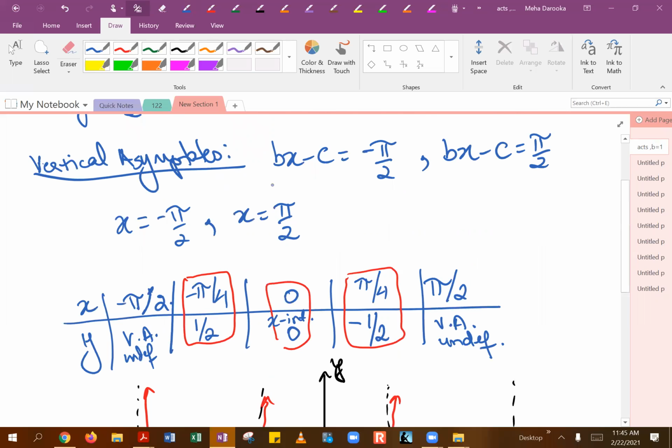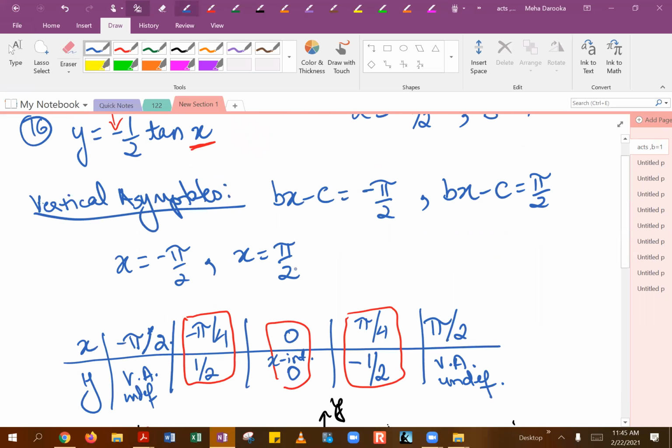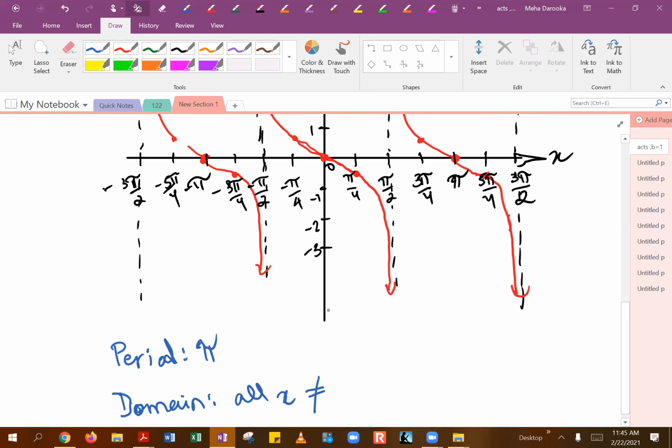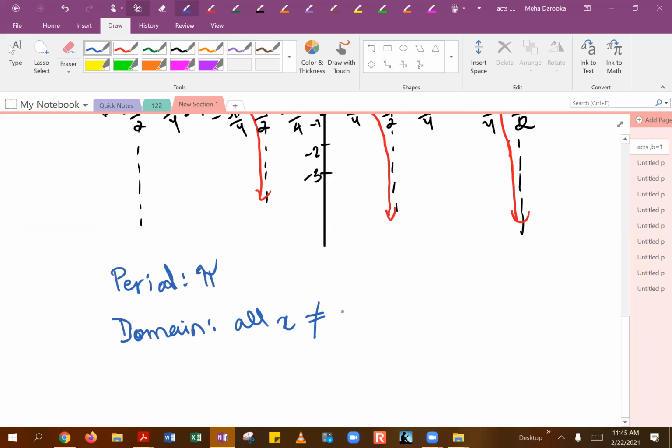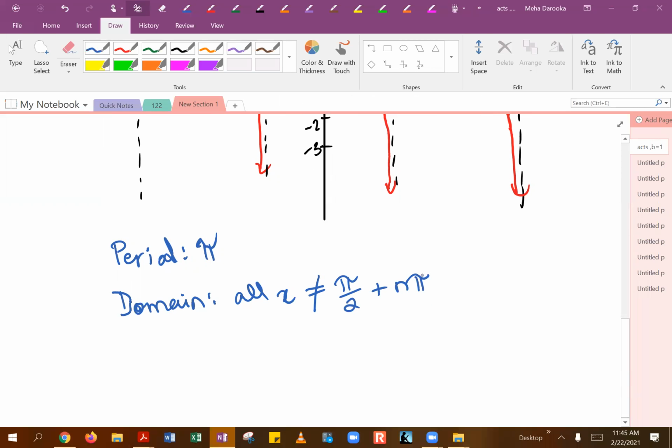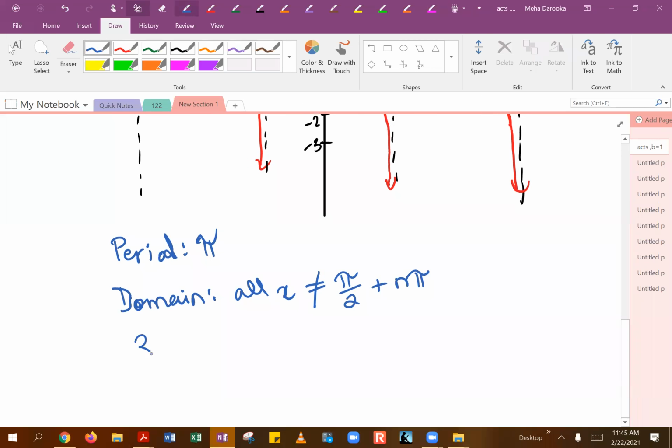So you can just use any one of these numbers. Normally you will see they go with the positive numbers. So our vertical asymptote was at the positive side on pi halves. So you're actually going to say the domain will not include pi halves and any multiples of n times pi. So that's our domain. And then range, for the y values, well, you can see these arms are going up